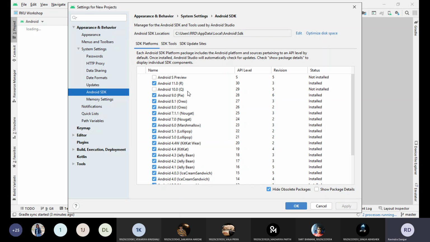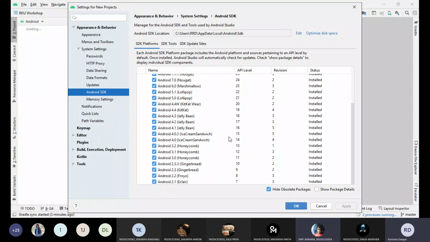Yes, sir. So if your Android Studio is ready and if you have not downloaded these plugins, then simply you can select any one plugin and you can install it, so that at least you can start your development. Meanwhile, if you get time and if you get enough internet, then you can download all the plugins. Right? Any doubts so far?